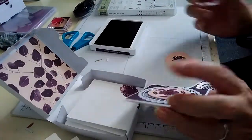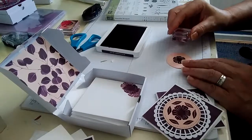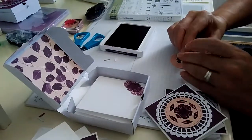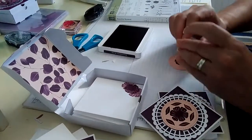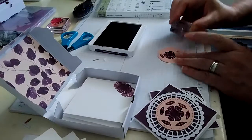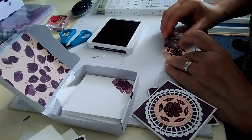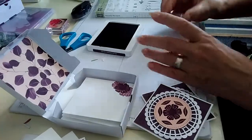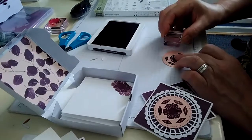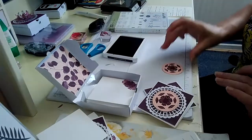Now I'm going to try and replicate that. That's what I'm trying to get, what I'm going for. So there was one over here, one over here, one there, there, and one there. That one, but